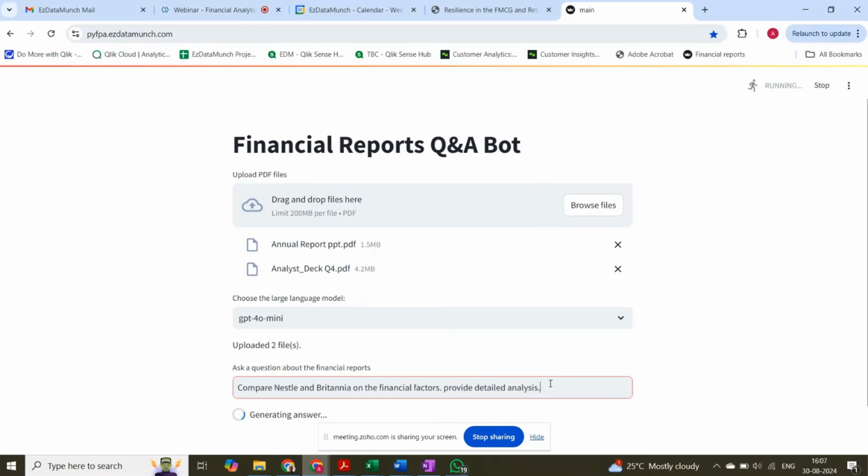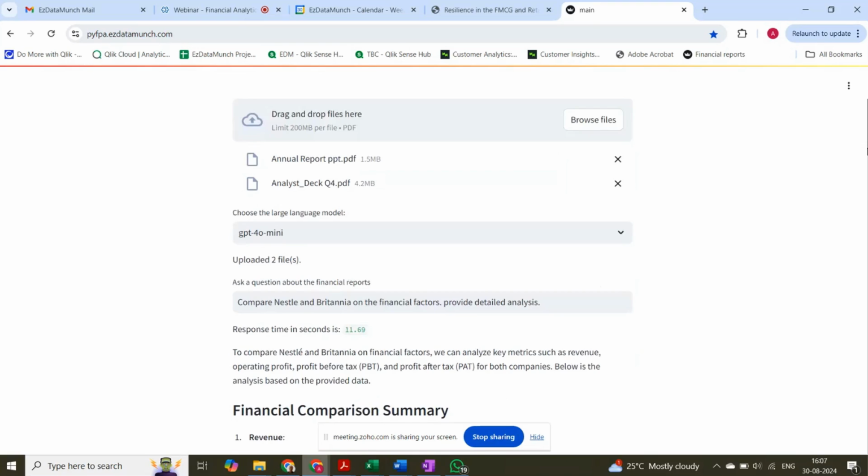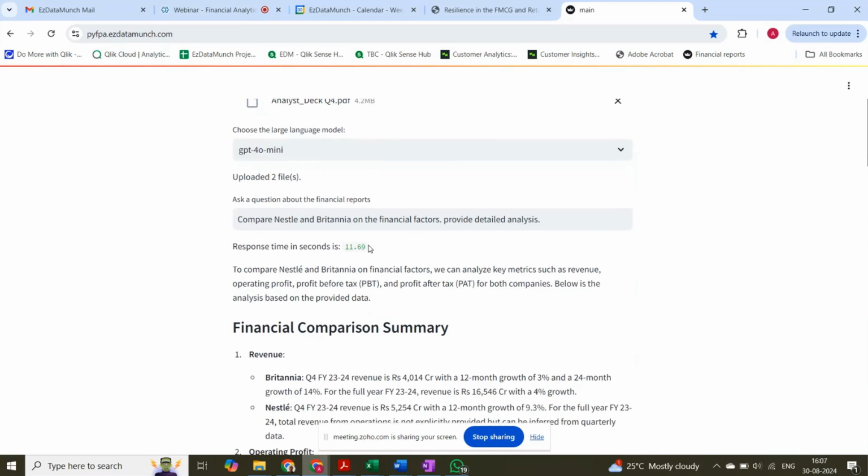What the bot is doing is that it's reading both those PDFs and will come back with an answer. So as you can see, on top, it has now given us the answer. It says that it takes 11.69 seconds to respond, to read both those documents. And what it is now telling us,